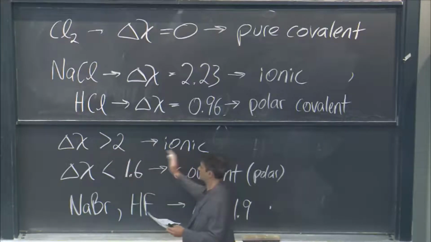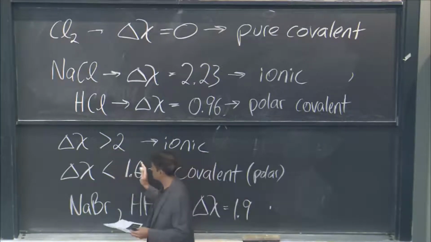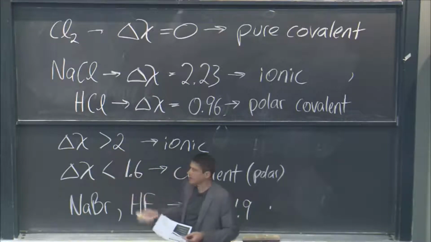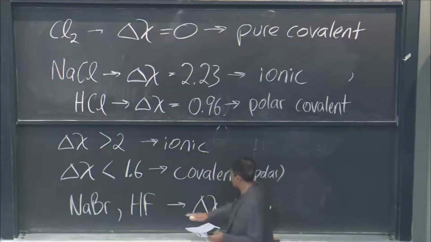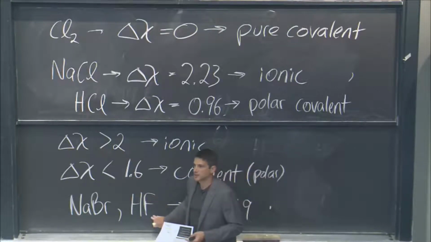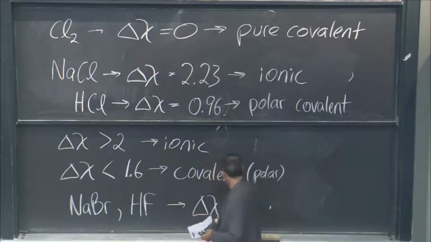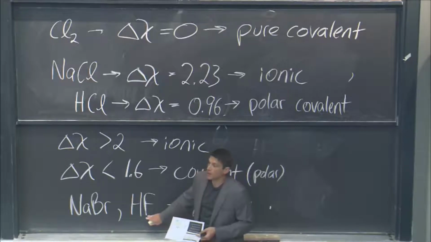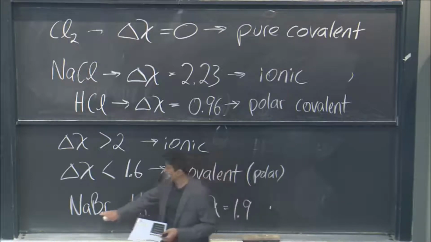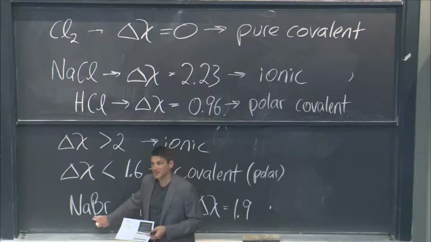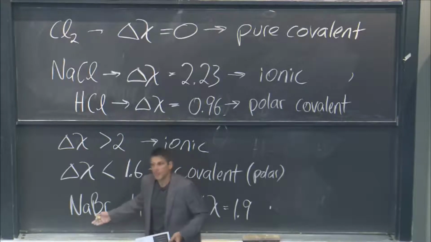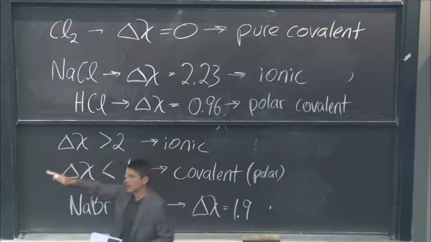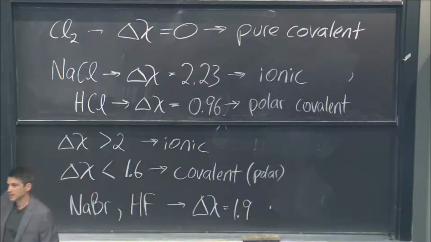It's always ionic, but the fact of the matter is that in this intermediate regime, you get variations that depend on other things. For example, HF is a gas at room temperature, right? So these have the same electronegativity difference, but this really behaves like a polar covalent molecule. And this really behaves like an ionic solid, an ionic bond. How do you know? It's the properties, right? Remember, I showed you the properties of ionic solids, right? On Monday.